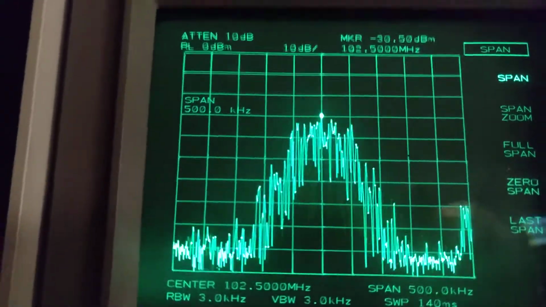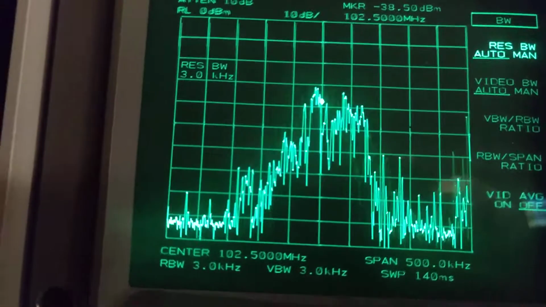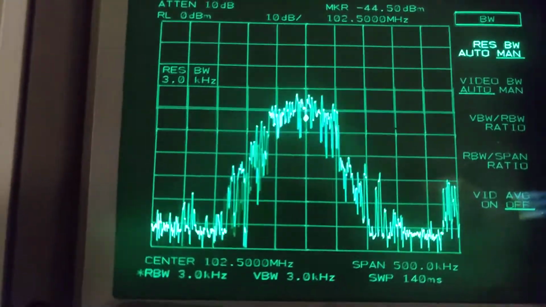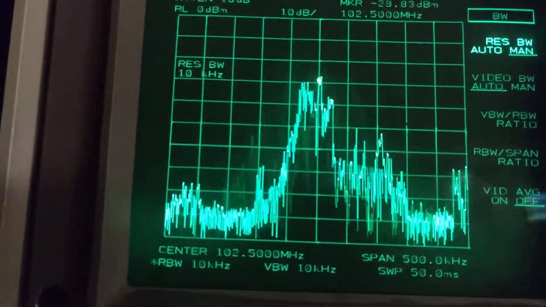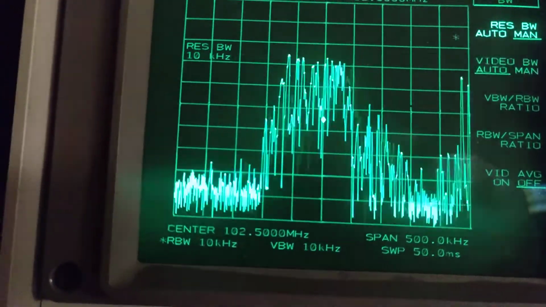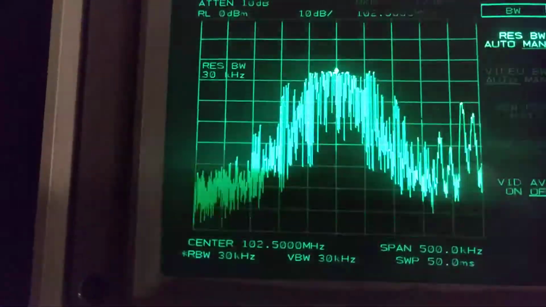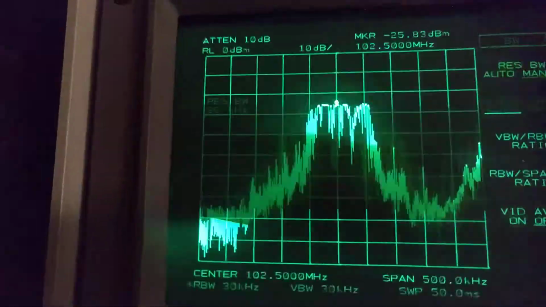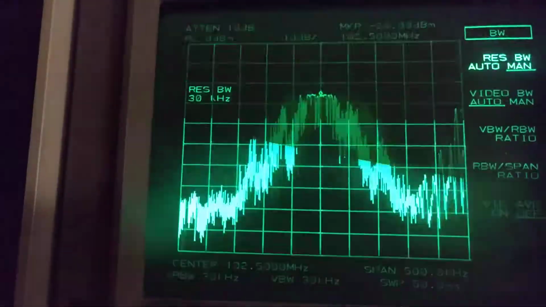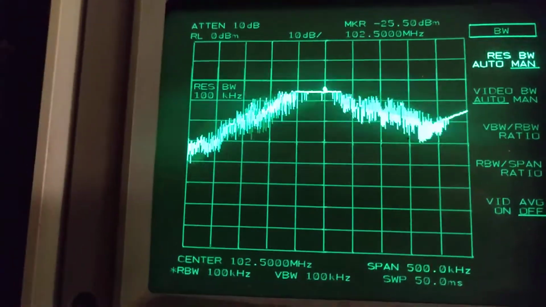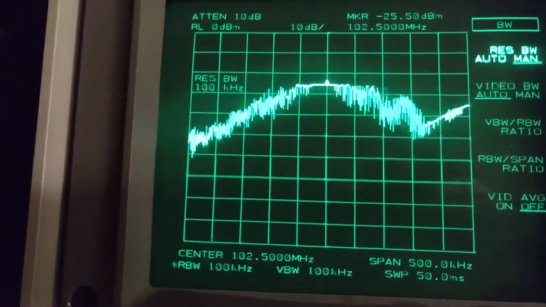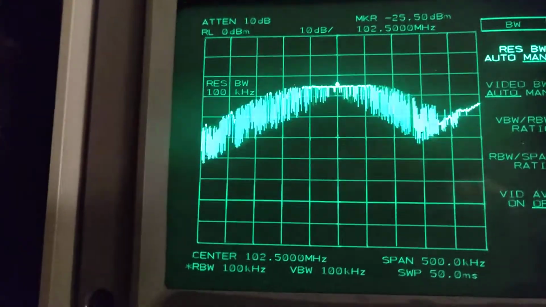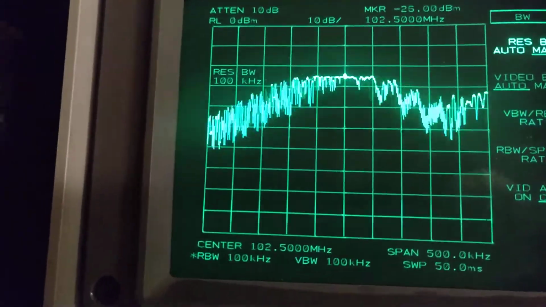Let's change the bandwidth of the filter, passing from automatic to manual. I increase the bandwidth. Sorry, Andy. Okay. Now you start to see that the peak is more stable, but still not enough to make a measurement. If I increase, I start to see the platform of the total power. If I increase again,